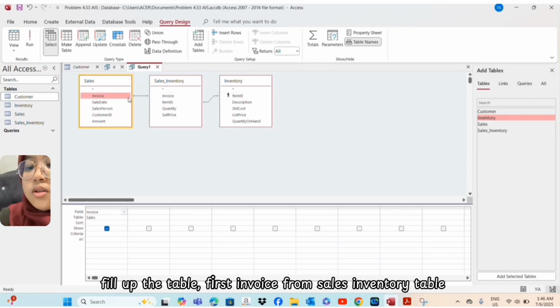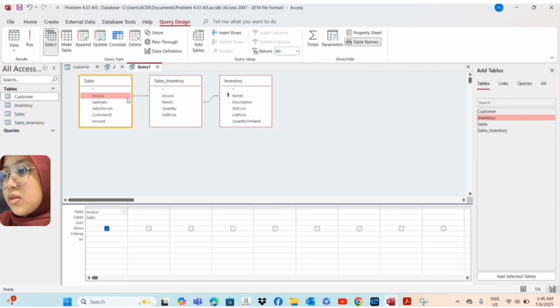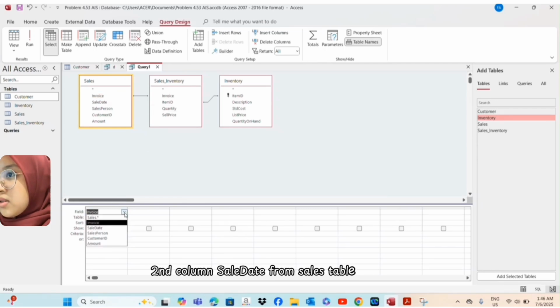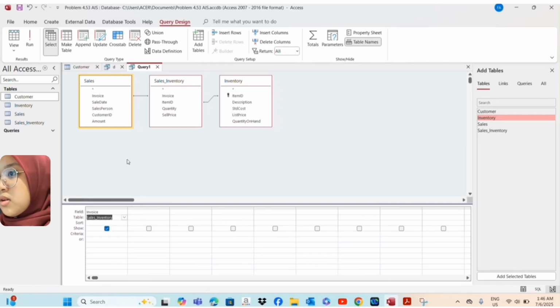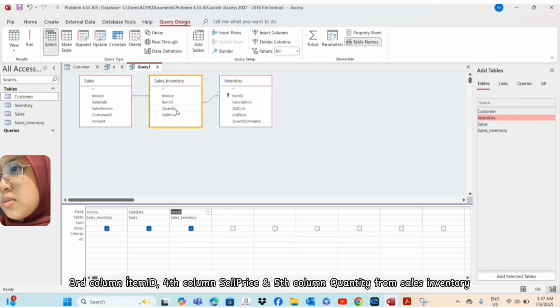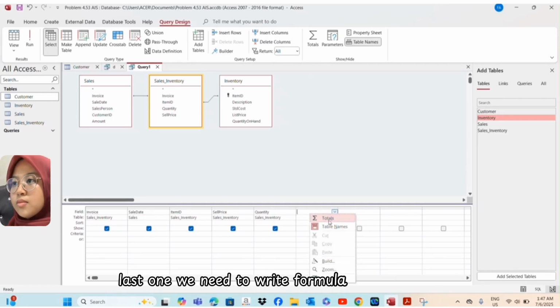The first from the sale inventory, inventory invoice, and the second, sale date from the sale table, and then from the sale inventory, the first item ID, sale price, and then quantity. Then we need to write something here. We need to right click and build